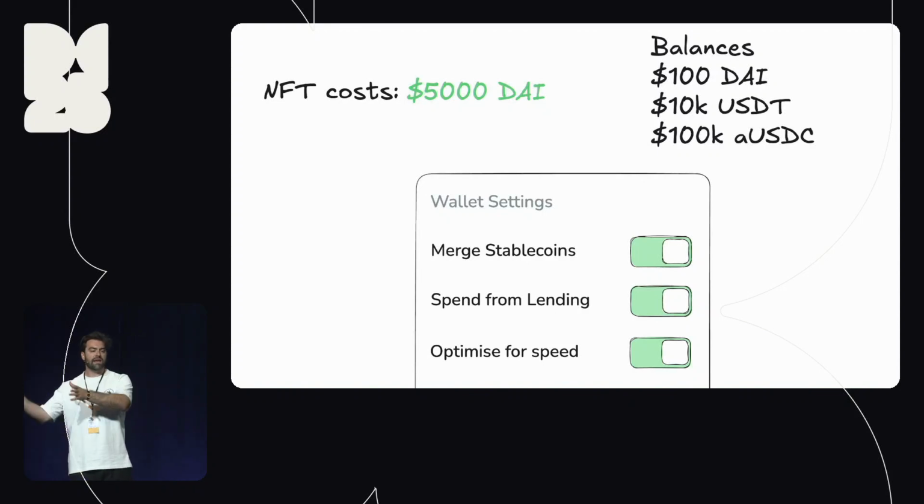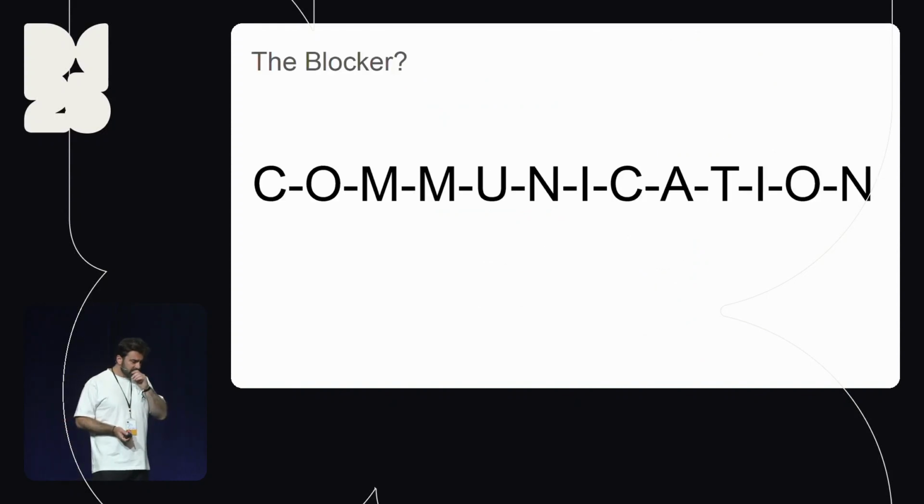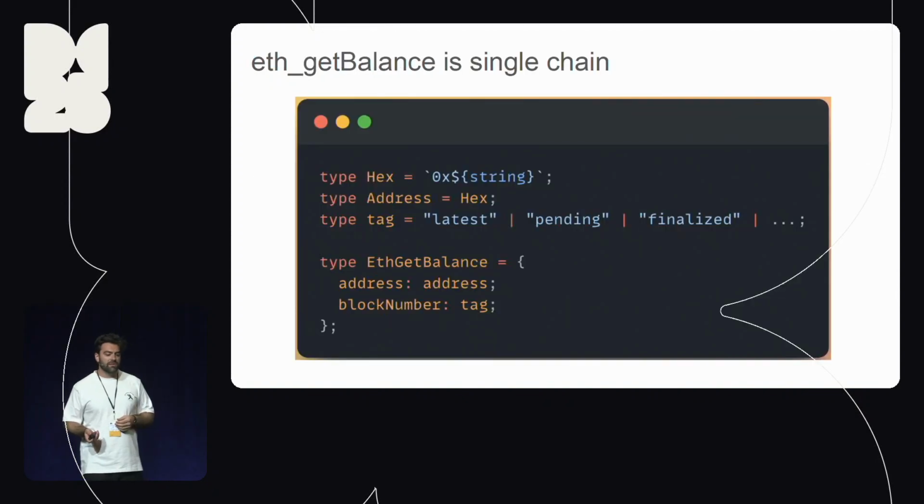But your wallet has the worldview of the user. And as a consumer application, why should you be integrating SDK after SDK to try and get a better understanding of the world, of the user's preferences and desires? Instead, just have it supplied to you. And so it's really just a problem of communication. And it's because we haven't really updated or augmented a lot of our API specs at the JSON RPC level and the wallet API level.